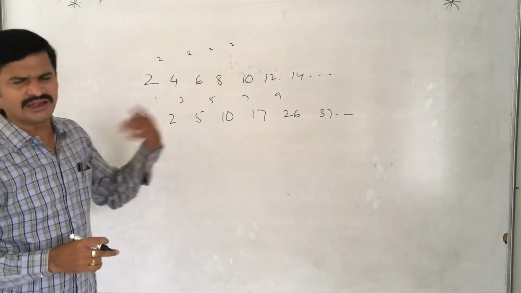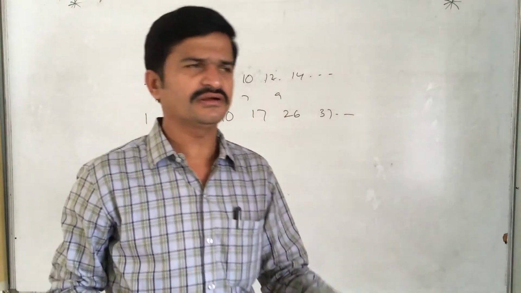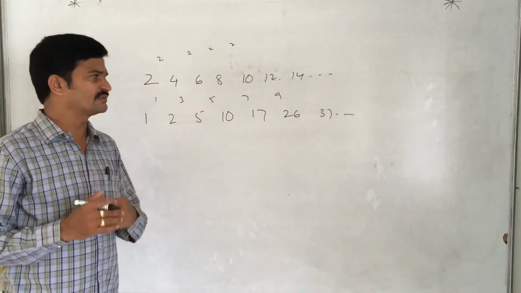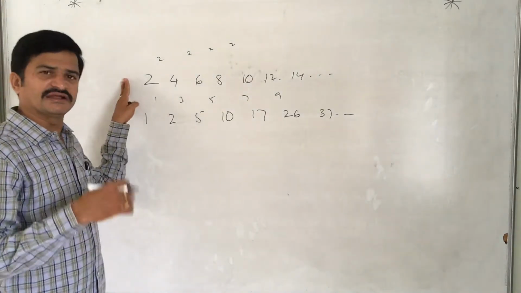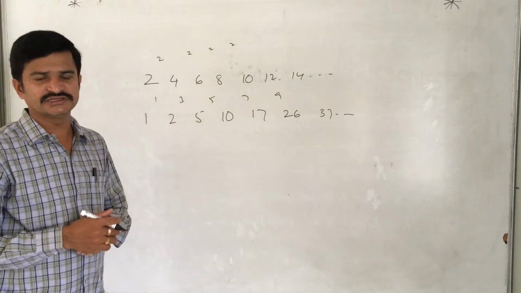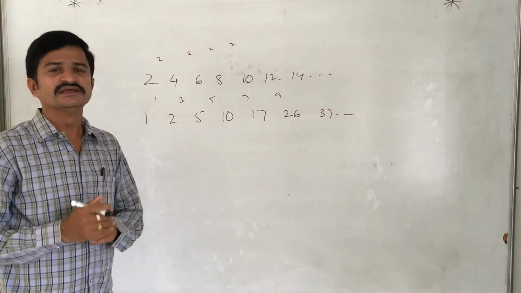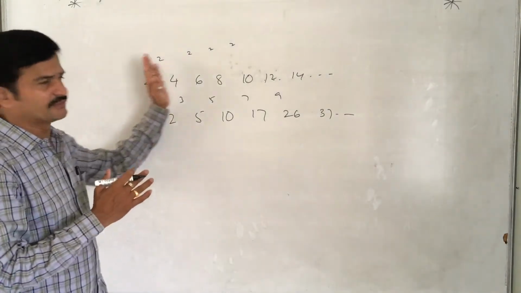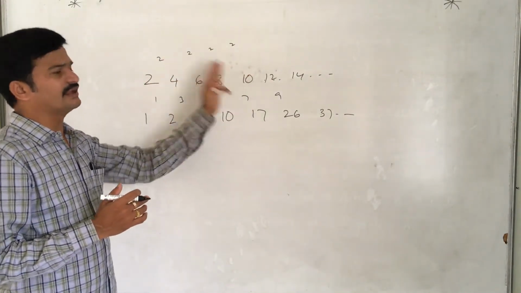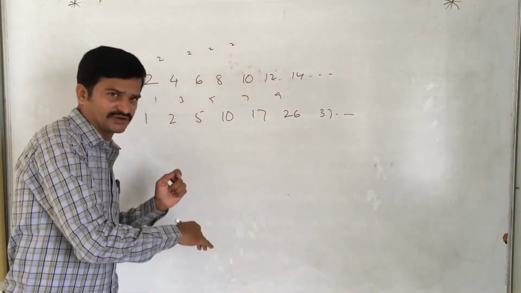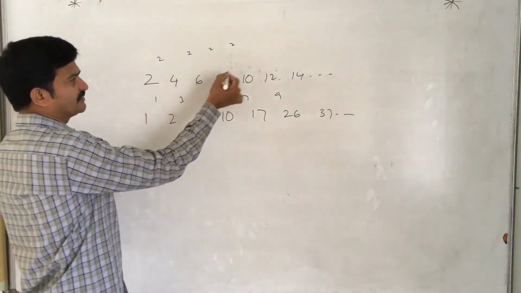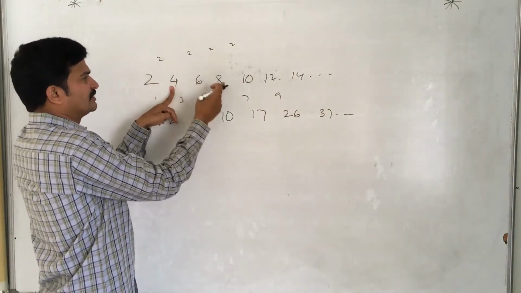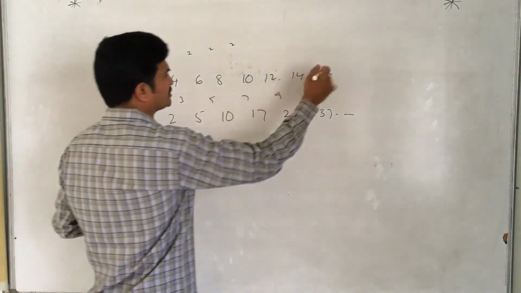So like this, many patterns are there, and these are all called sequences. But coming to our chapter, every sequence is a progression, isn't it? Series is different. Sequence means a step-by-step one. The numbers follow the same rule, or else each number is obtained by doing something to the preceding one. The second number depends on the first number, the third number on the second number, the eighth number on the seventh, like that. So these are all sequences.